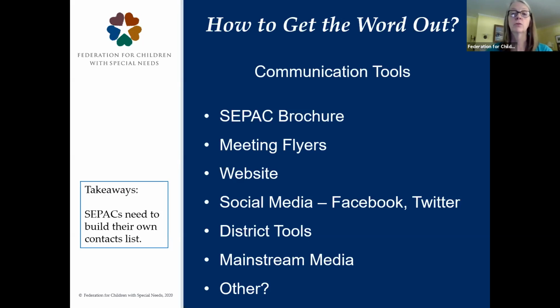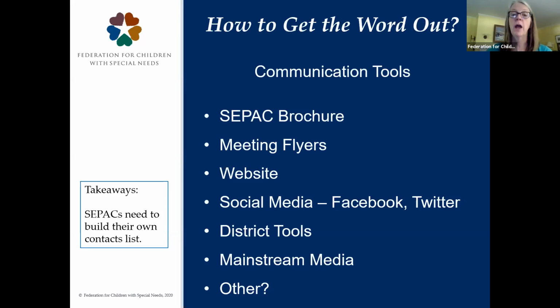You can place that brochure in public places, at your library, your town hall, post it on public bulletin boards, or just have it available. A best practice might be that the school district assists the CPAC and sends out that brochure with every invitation to an IEP meeting if they're doing it by mail. They could also send a PDF attachment if they're doing it by email, so that every family who is working with the school district around a student on an IEP has access to the information about the CPAC.